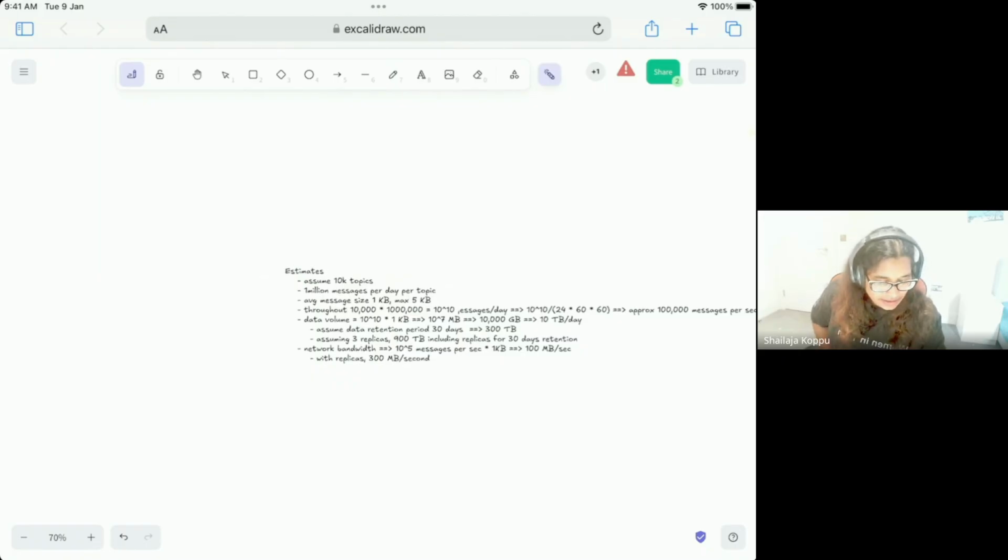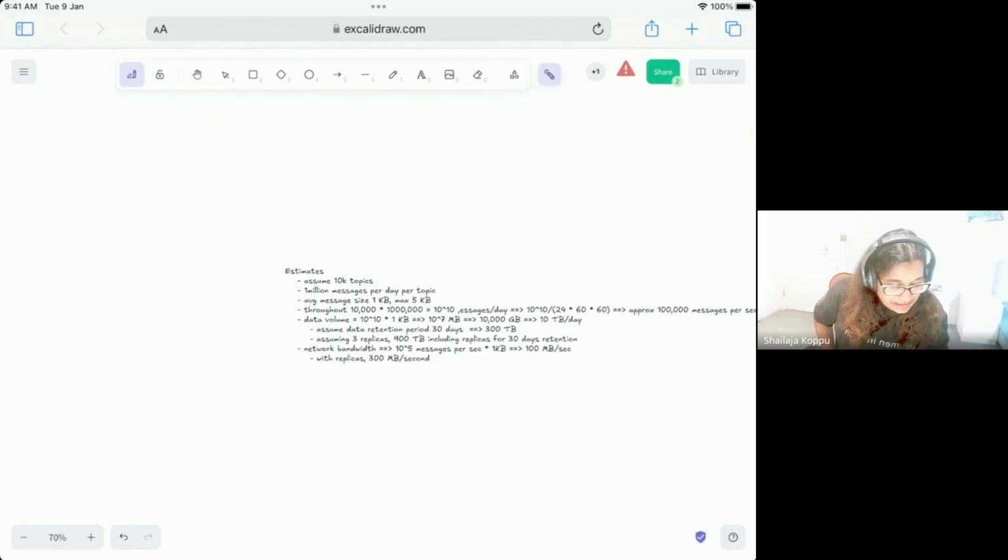And the interviewer does understand that, because that's how we usually make calculations internally as well. We do round off. There is never a perfect number. So if you see, there are 4 zeros here, and 6 zeros here, totally 6 plus 4, 10 zeros, 10 power 10. So 10 power 10 messages per day.